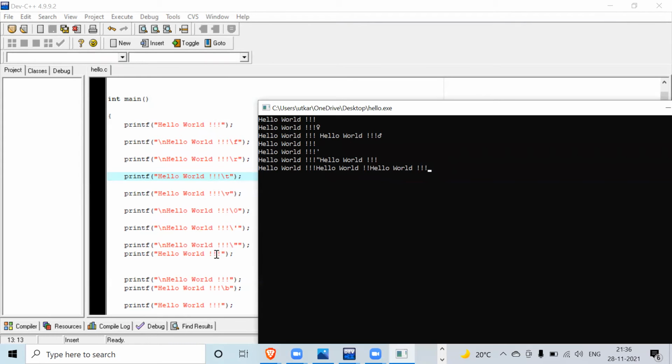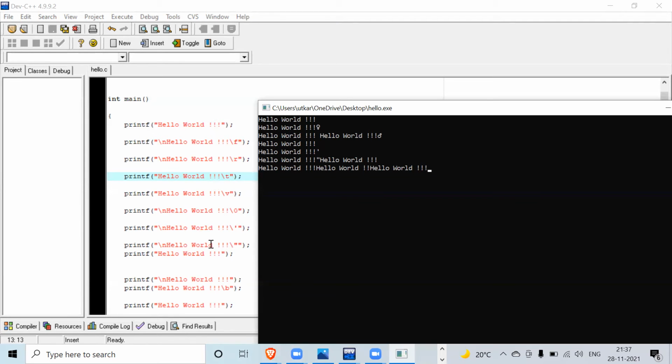Okay, so now again see here also \n is missing. So that's why this line is also together. Hello world, and then an apostrophe, then this line. Next line, here there is \n. It came fine in the next line. Again missing, here also same line, and no space between. Okay, so this is the use of these things. You will all learn with time. It's very simple. It's not very difficult.